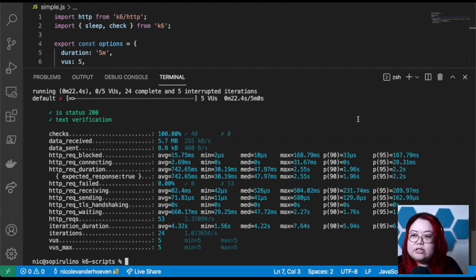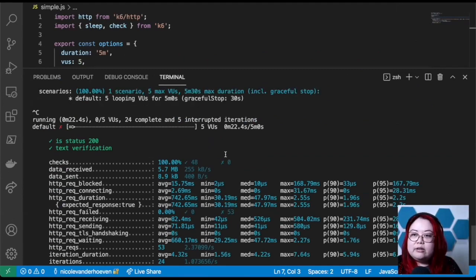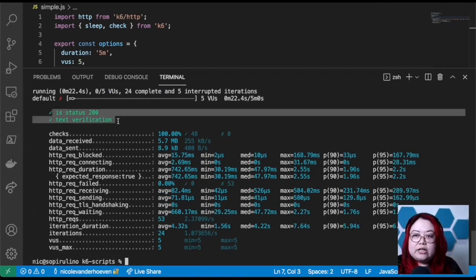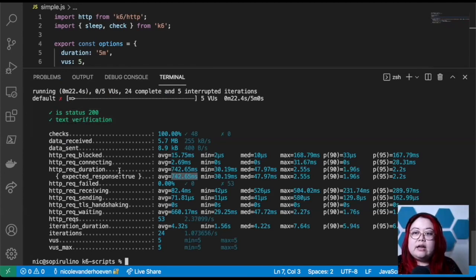I've increased the size on my IDE, so now it's formatted a little bit better. We can see that the checks are here and they're coming back as having passed. So we are getting the right page. And what I'm looking at here is the HTTP req duration. This line in particular is showing me the response time for those responses that came back as expected. So they weren't 404s or 500 or anything else. So this is how to run K6